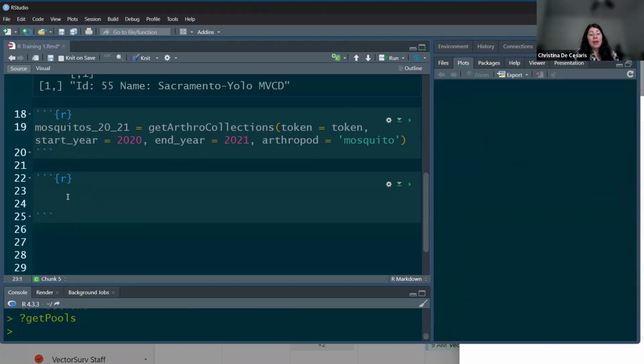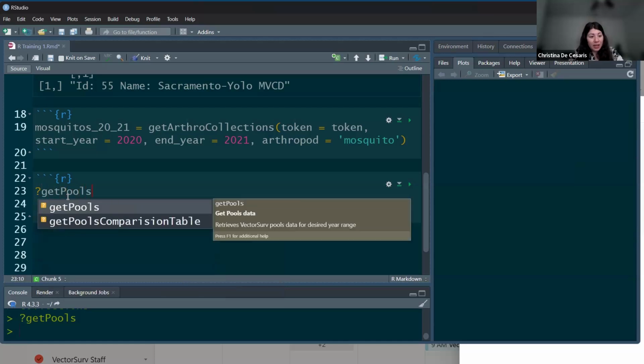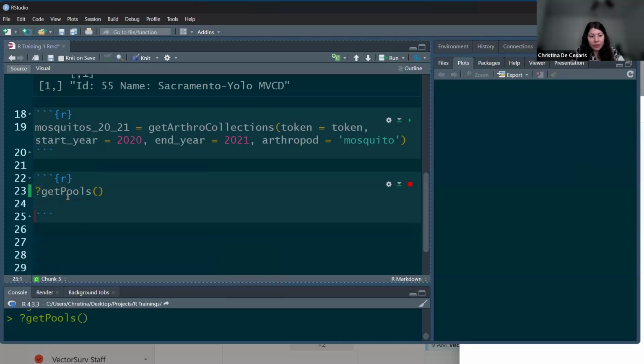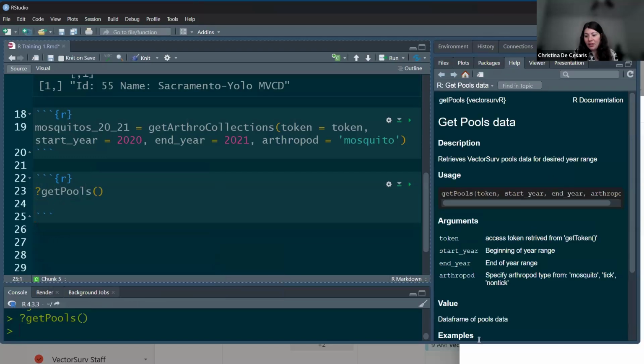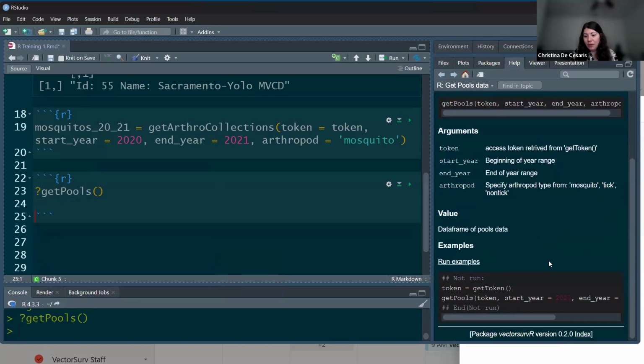So we also have a get pools function, which functions almost identically to the get RFRO collections function, and it allows users to access their pools data for both mosquitoes and ticks. So you can see here, get pools, run that just to see the general documentation and some recommended ways of using it. And then if you wish to get your pools data,